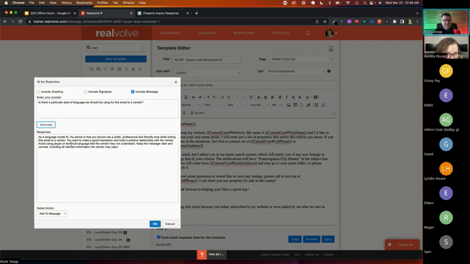Now, in this case, it didn't even give me an example, but it's just saying, as a large language model AI, this is the advice I would give you if you're talking to a vendor. So it's actually giving you advice. You want to make it make a good impression. So let's just take this information and say